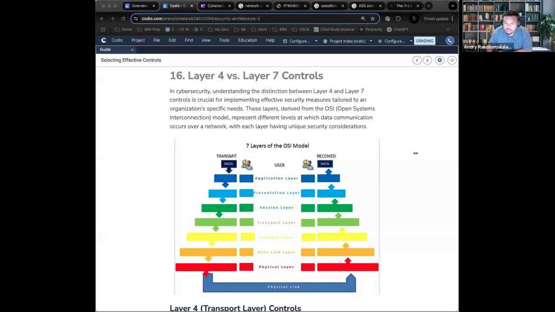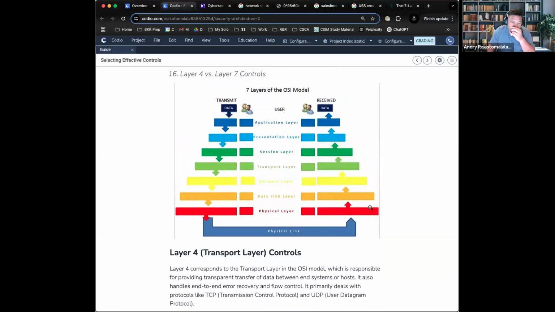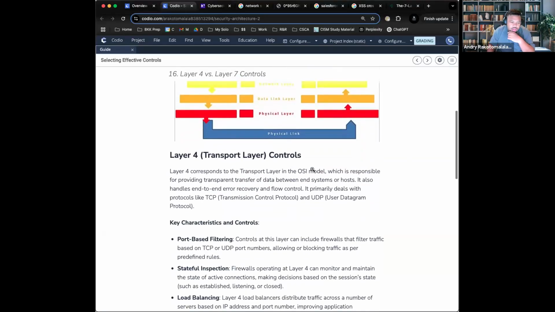Layer 7 is essentially meant to analyze the full content of the traffic, not just the headers. So it can understand the application layer behavior like form submission, logins, that kind of stuff. This is the entire process, encapsulation and then decapsulation. Here you sent the data, and each layer says, hey, I need to go this way, hey, I need to go here. And then it ends up in the application layer.